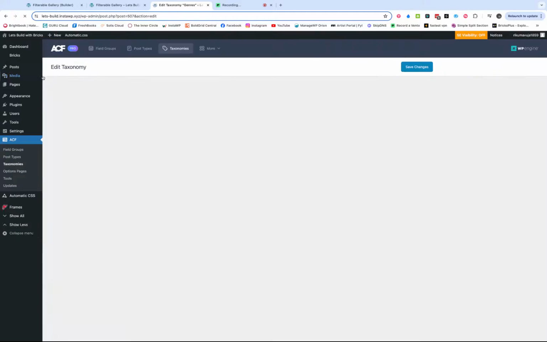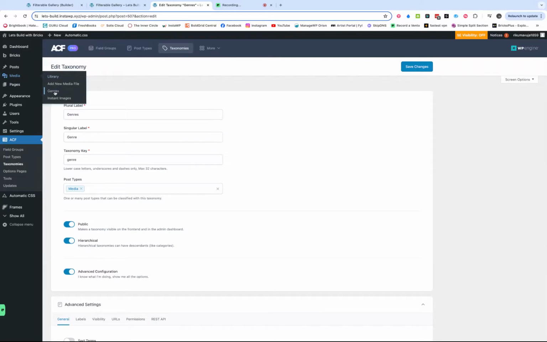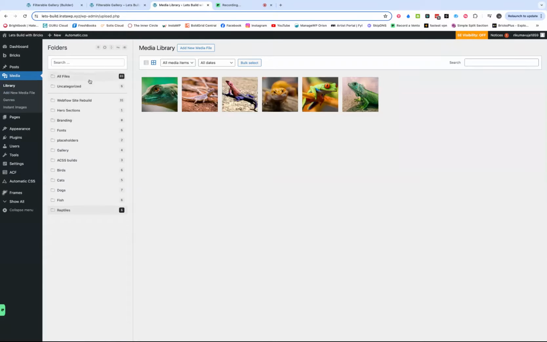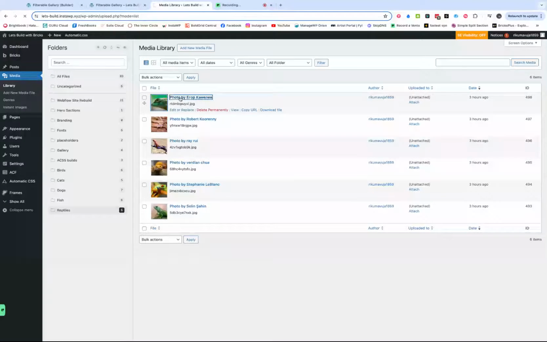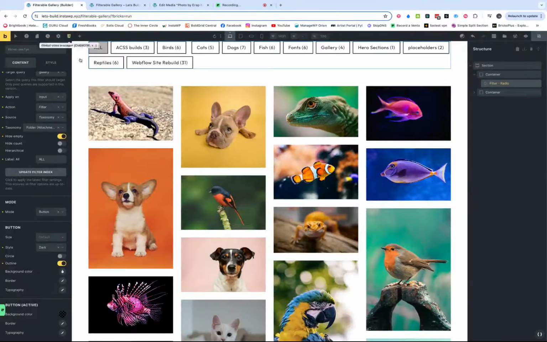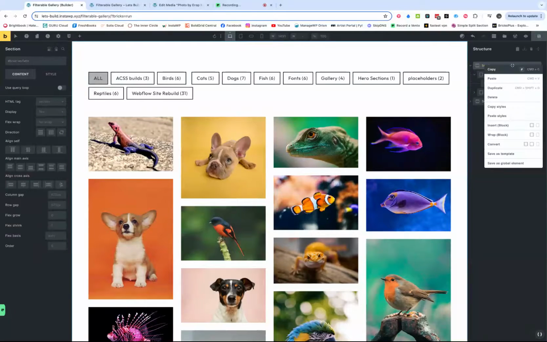And then when you go to media, you now have genres showing up here, and I've added birds, cats, dogs, fish, reptiles, so that when we look into the library, and we look at any of the images, what you then have to do, you go through to the genres and tell it which genre it belongs to. So do that and click update. I've gone through and previously done all of this. So let's go back to the gallery, duplicate this section, and then